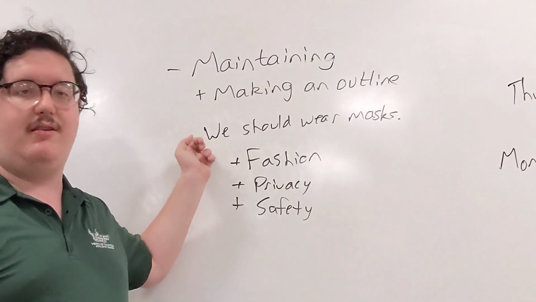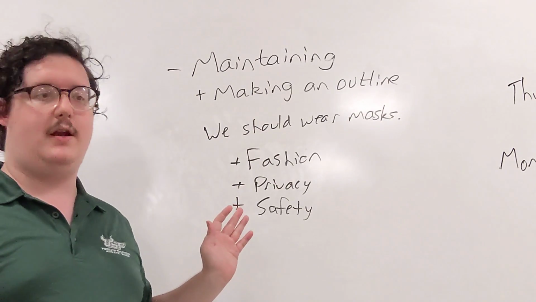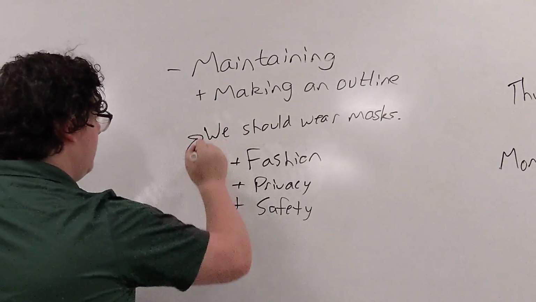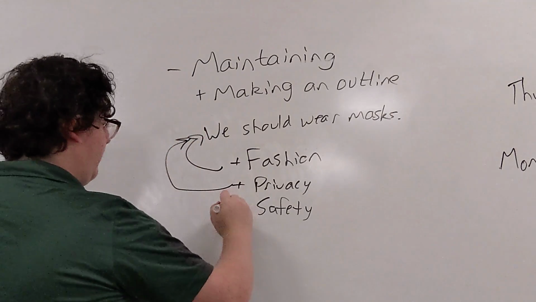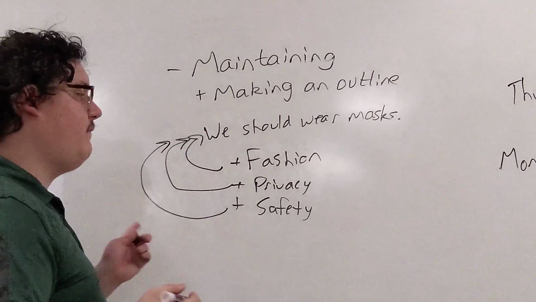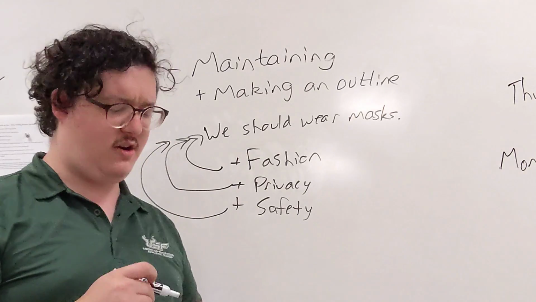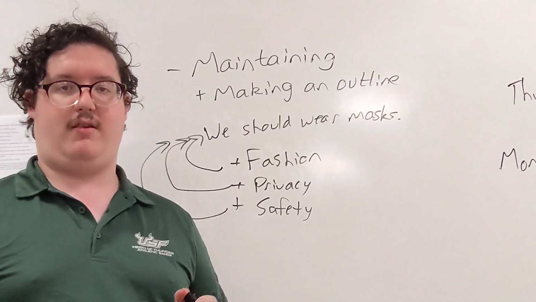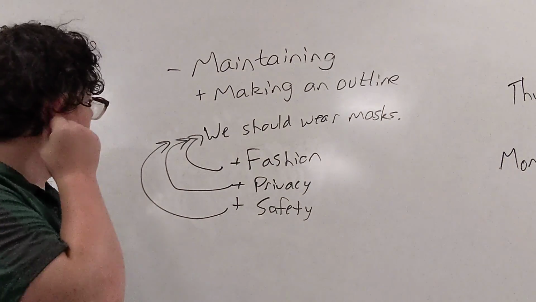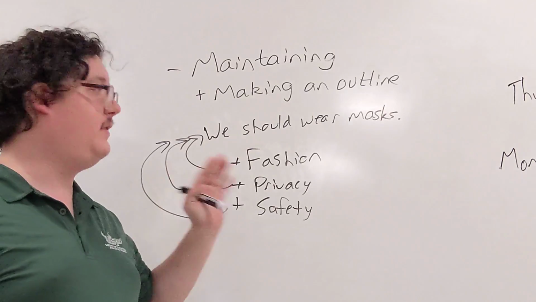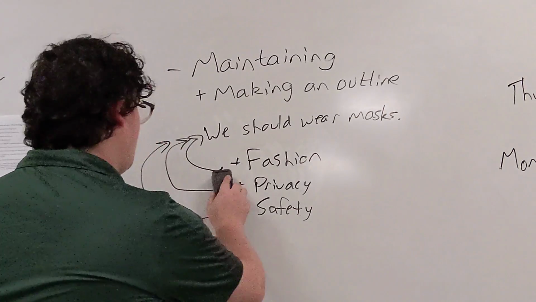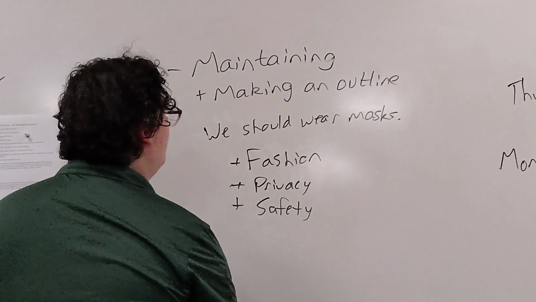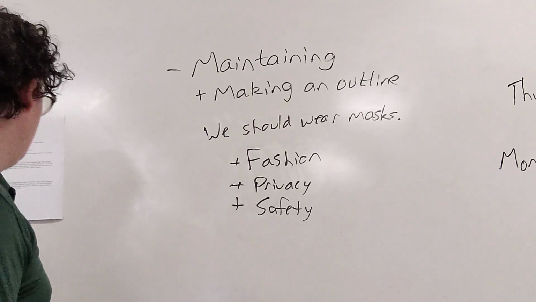Notice how close this thesis is. It's not a super drawn out, gigantic outline. Because you can instantly go fashion, back to the thesis, privacy, back to the thesis, safety, back to the thesis. And every time you remind yourself of, oh, what was I going to talk about next? Oh, privacy, and I remember that my thesis is there, okay? There are other reasons you should use an outline, so I'm going to keep this up, okay, just to keep talking about it. We'll keep using this one example of wearing masks because it's a very simple and easy essay topic.